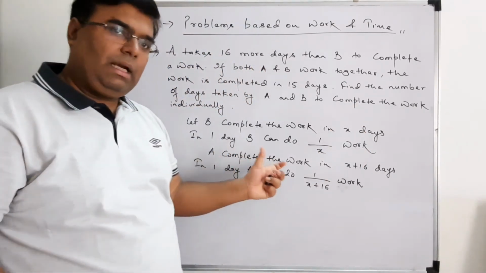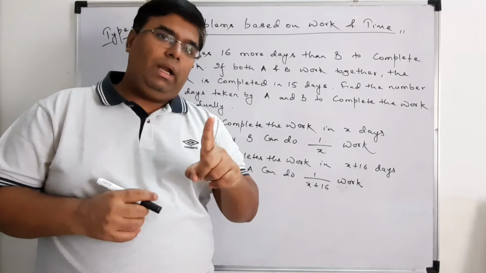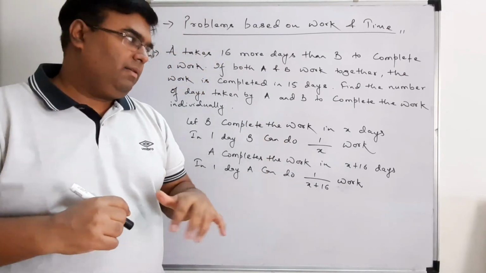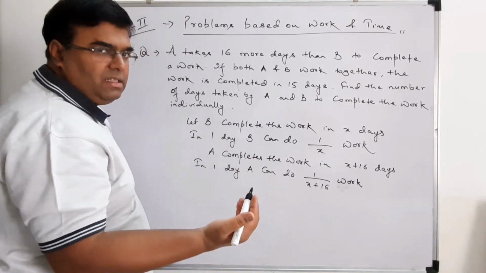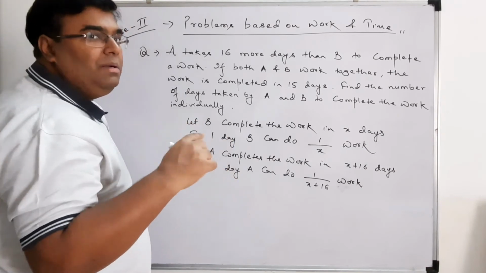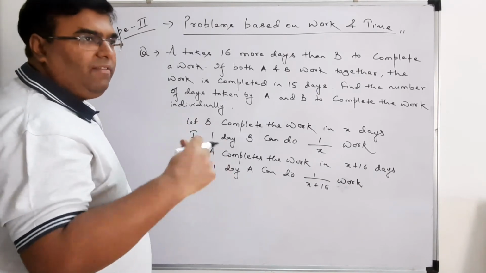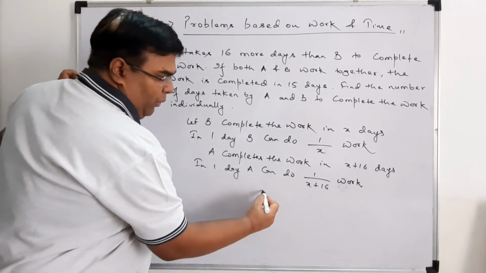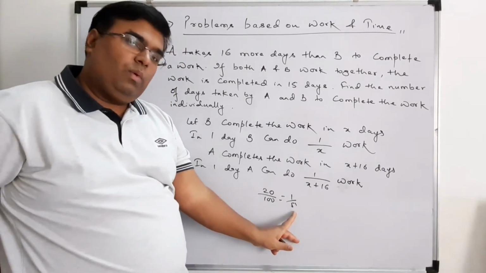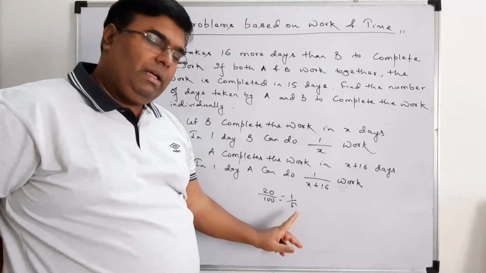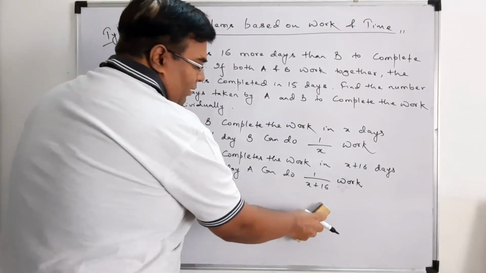Okay, understood this concept, that whenever some person can do a work in X days, then in one day they can do 1 by X. Right? Example, suppose if I do a work in 5 days, so every day I will do 20% of that work. I will do 20, 20, 20, 20, 20, 5 times it will add up to 100%. So 20 by 100 basically gives me what? 1 upon 5. So I can complete the work in 5 days, so one day work is 1 by 5. Similarly, if the work is completed in X days, one day work will be 1 by X.